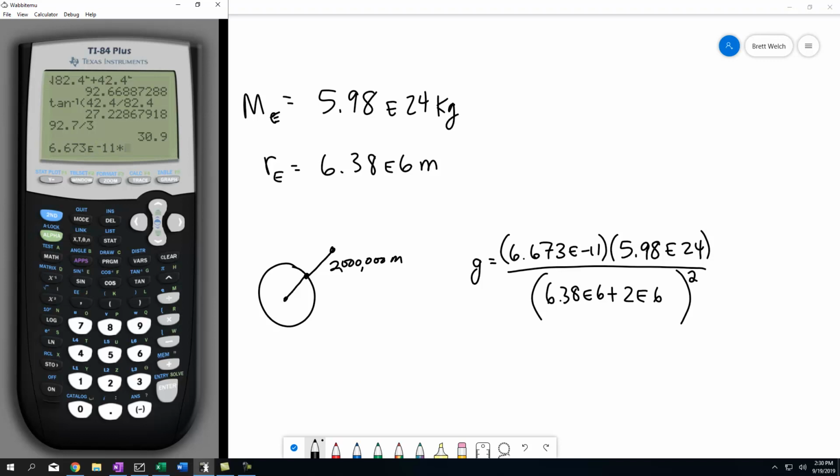Times 5.98, second E, 24. Now I can hit enter here if I want, and then I can just hit divided by. It's going to pull that answer down, divided by. Because of the addition here, I do have to use the parentheses. 6.38 E6 plus 2 E6. Close parentheses. Now that right there, before I do anything else, I need to square that parentheses. And when I do, I get a little g of 5.68